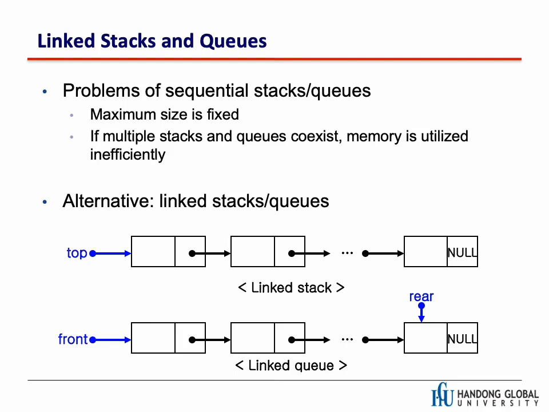Okay, first, let's take a look at this linked stack. So we have a top, which is pointing to the first node, and the first node is pointing to the second node. It is exactly the same as the linked list we've seen in the previous sections. Instead of a head, we have a top. So top is pointing to the first node. Basically, it is head. The reason we use top is that the stack needs top. So when we add a new element,